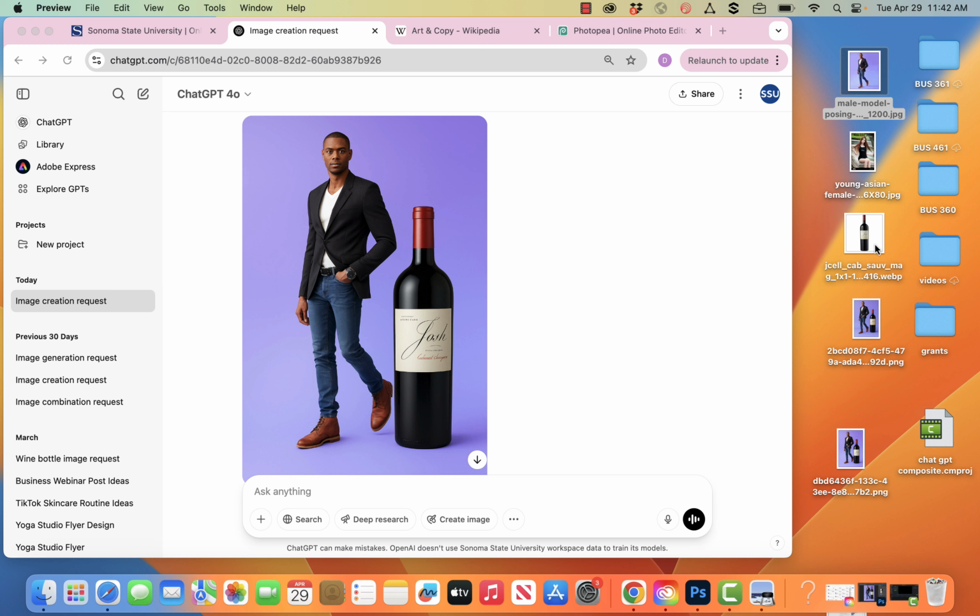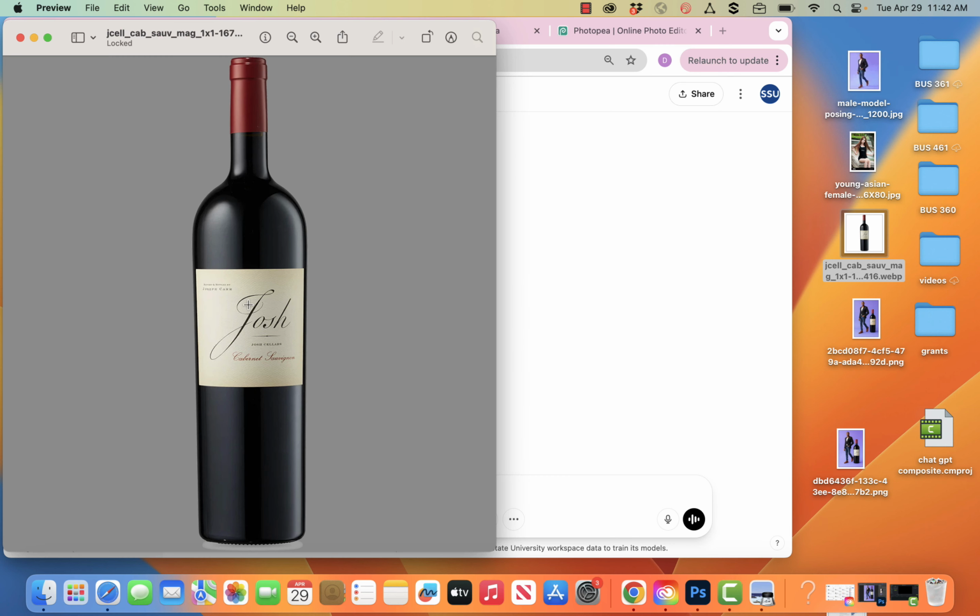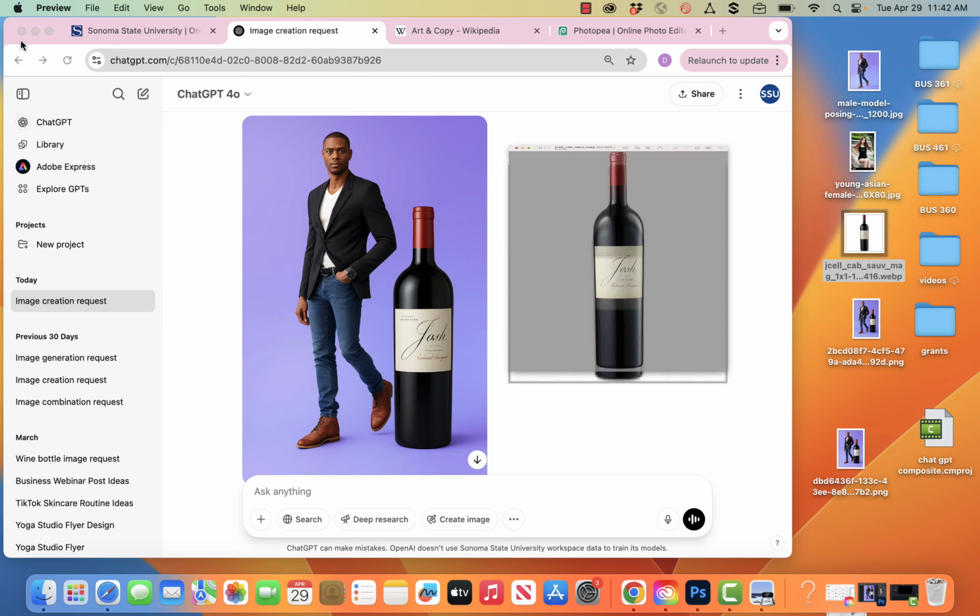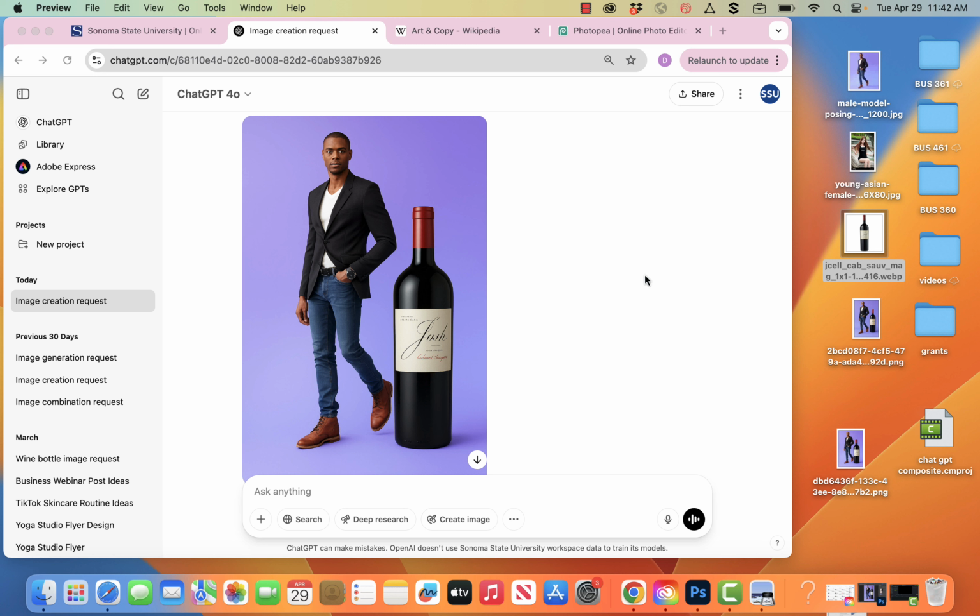And then I'm doing this kind of from a marketing perspective, where maybe some client gave you a wine bottle they want in their ad with that male model. But you can get anything if you want, like a tennis ball for a dog, or a cat toy or cat food or anything, right? It doesn't have to be a bottle of wine. So get your two images on your desktop,